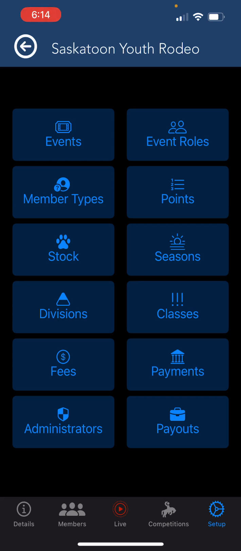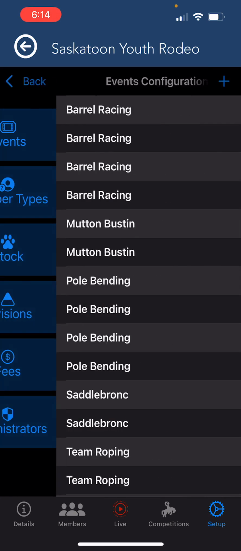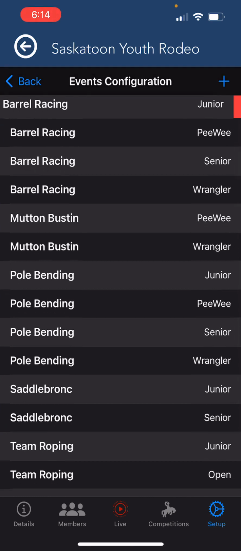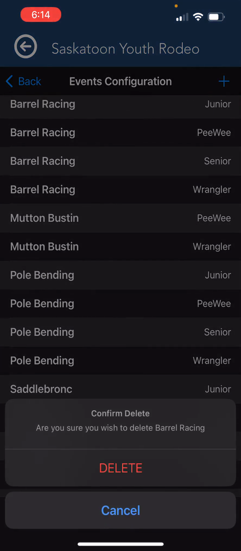For any of the configuration settings that your organization will not require but were set up during the wizard, you can delete using the standard Apple method of swiping on the row from right to left, then confirming the delete operation. We will show an example. In events, we will swipe from right to left, junior barrel racing, and then